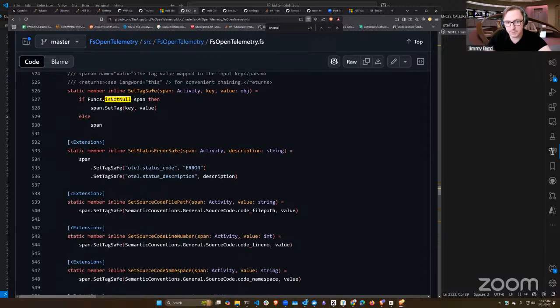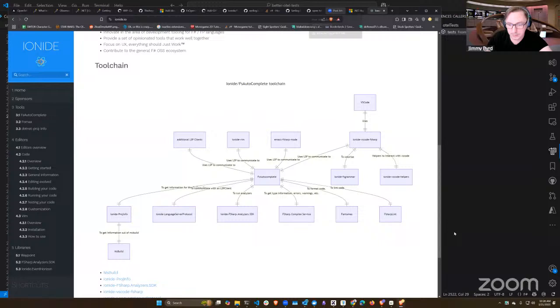Also, there is something called semantic conventions in OpenTelemetry. I didn't touch on this specifically, but there are a lot of well-known keys that you can specify with potentially well-known values, though sometimes they're left open. These allow vendors to know specific things about your traces. And if we actually looked at the Aspire dashboard,